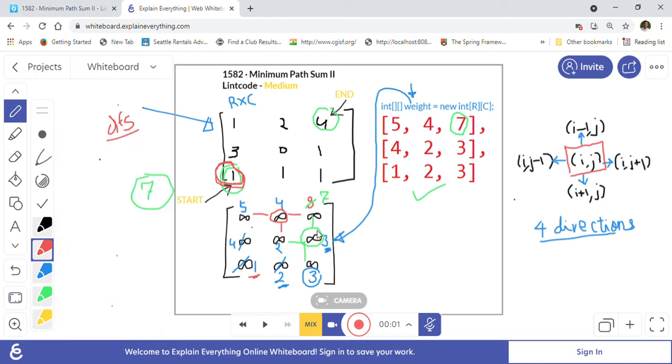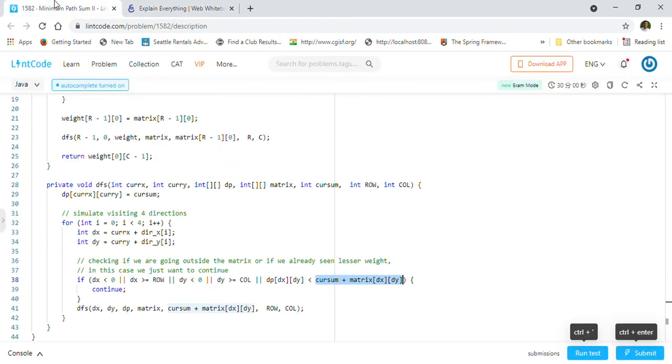So we are at this cell, and we calculated 3 here already. If we are visiting on the left side now, then we are here, right? So 3 means we will get a 3 here. We want to make sure that we already have seen 2 here, so there is no point in updating that value. That's why we will not visit that cell. So this is what we are doing here.